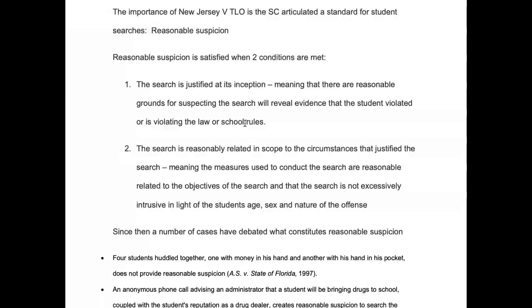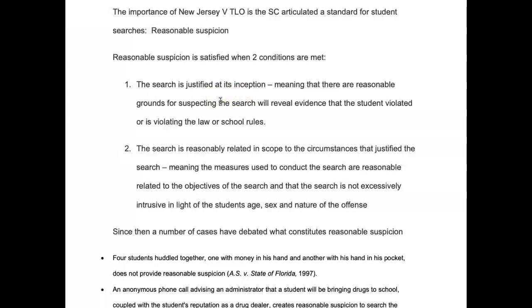That they violated or are violating laws or school rules. The second is, it has to be related in scope. The measures used to conduct the search are reasonably related to the objectives of the search, and not excessive in light of the student's age, sex, nature of the offense. Now, the interesting thing is, since then,